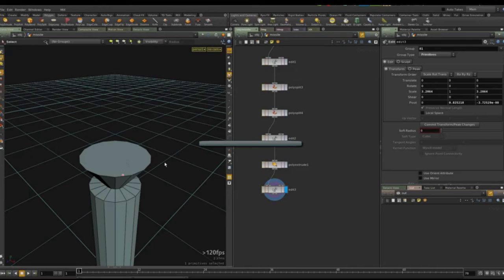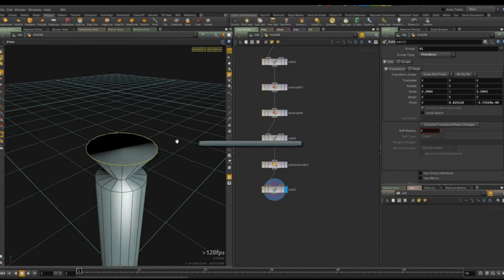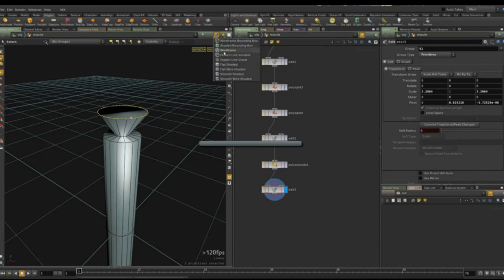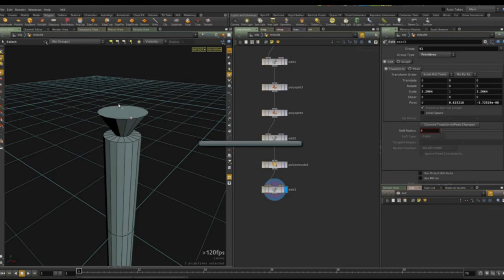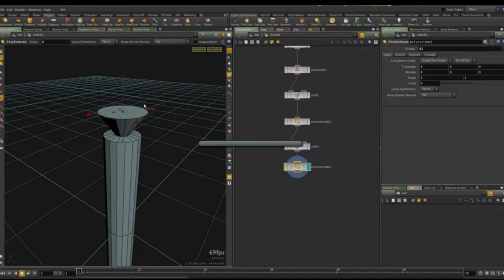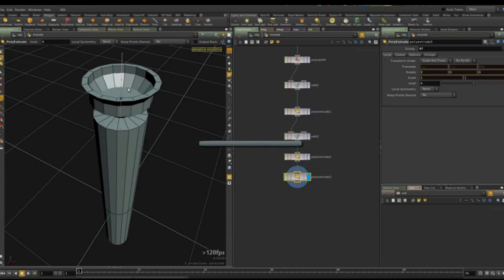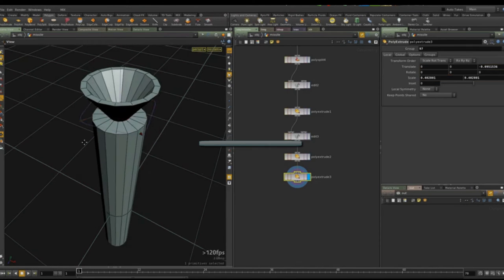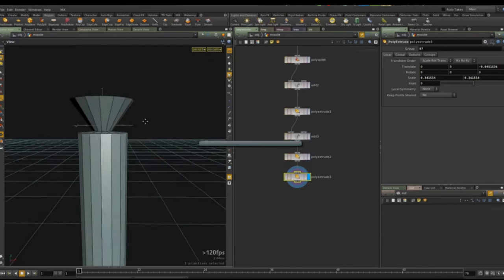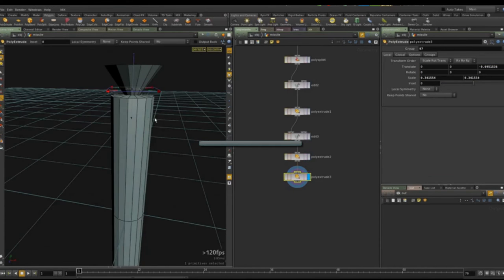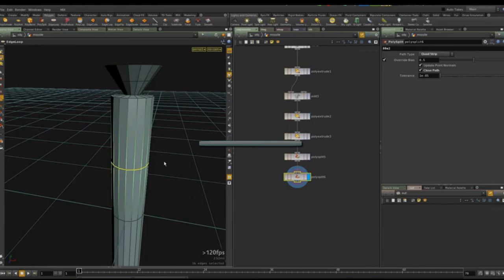Alright, so I'm gonna select this face here, flat shaded. Alright, it's not showing me the selection. Gonna select that. I'm gonna select that face and just extrude that again, press Q to repeat, make it smaller, just to have like the basic topology of this. And now add a few divisions